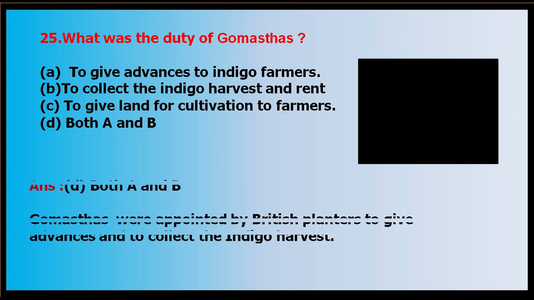So the correct answer is both A and B statements are correct. Gomasthas were the paid servants appointed by the British planters to give the advances to the indigo farmers and to collect the indigo harvest from the farmers. So this is how we have